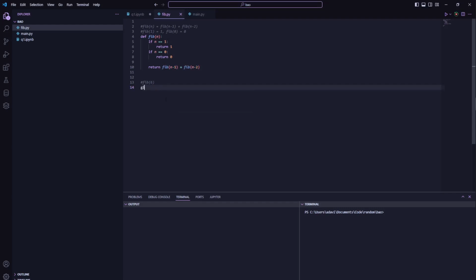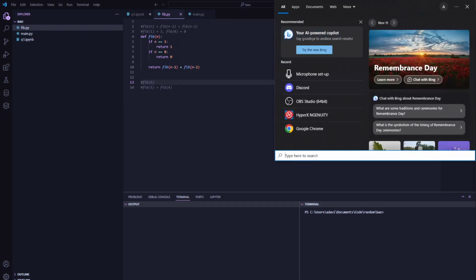So it will call fib of 5, and also call fib of 4. But these are actually going to be done separately. It'll call this, and then it'll start going down the tree, and then it will get the value for this, and then call this function. What I mean by tree is, I should probably